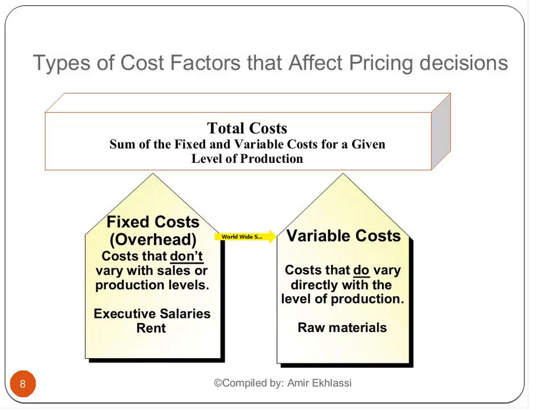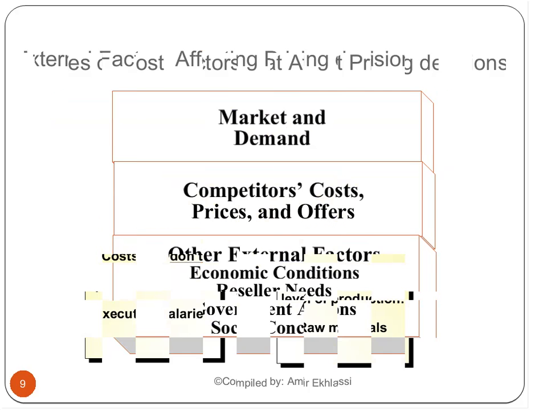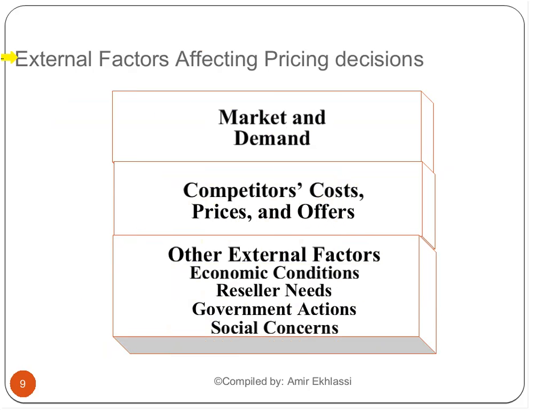Price is determined based on these two most important things about the cost, variable and also fixed cost. And another thing, external factors, is about the market and demand. You know, demand in the market can have impact on your price. For example, for the high demand, sometimes you can lower your price, and also maybe with high demand you can increase your price. It depends on the situation, and it depends on your competitors.